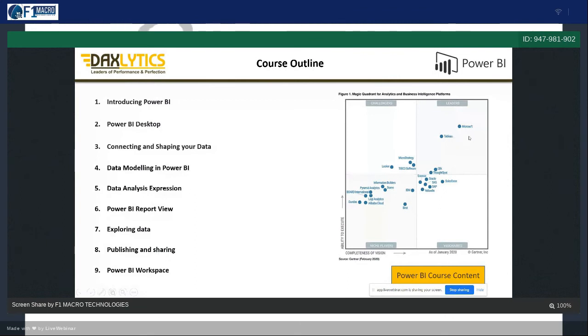Tableau was equivalent to Microsoft, but in the 2019, 2020, and 2021 rankings also published by Gartner, Microsoft Power BI is still on the top. Okay, it means adoption of the Power BI tool in the market is more in comparison to Tableau and Qlik. And Qlik, now you can see, is touching the line, and maybe it will move into visionaries. Okay, so Microsoft Power BI is the leader in the market. So if someone asks you which BI tool is the leader in the market, your answer will be Microsoft Power BI. After that, Tableau, and then Qlik.